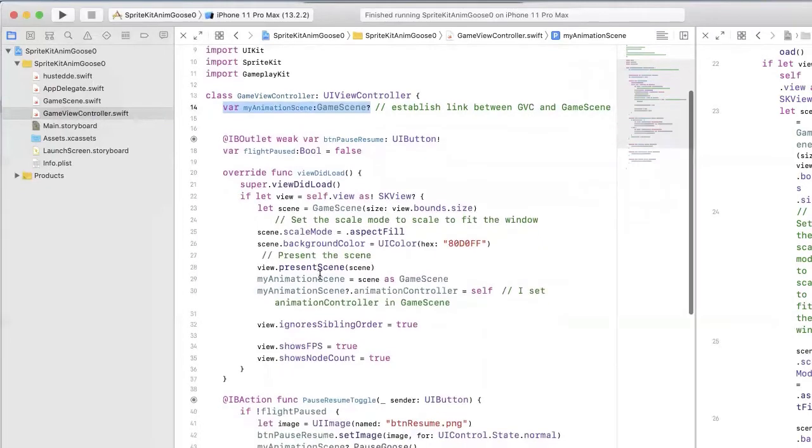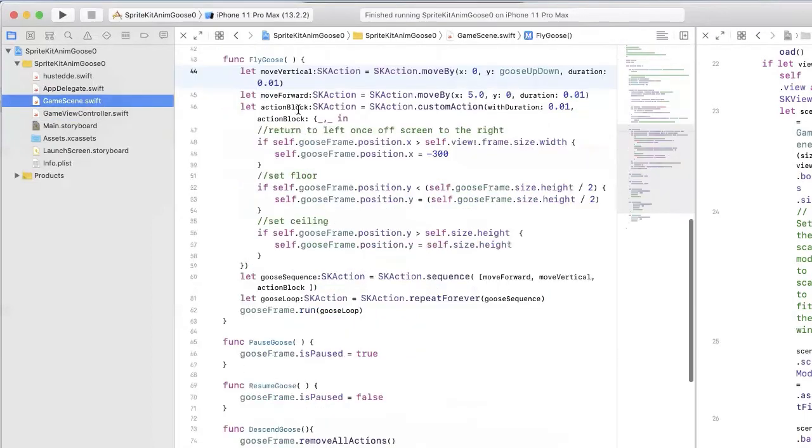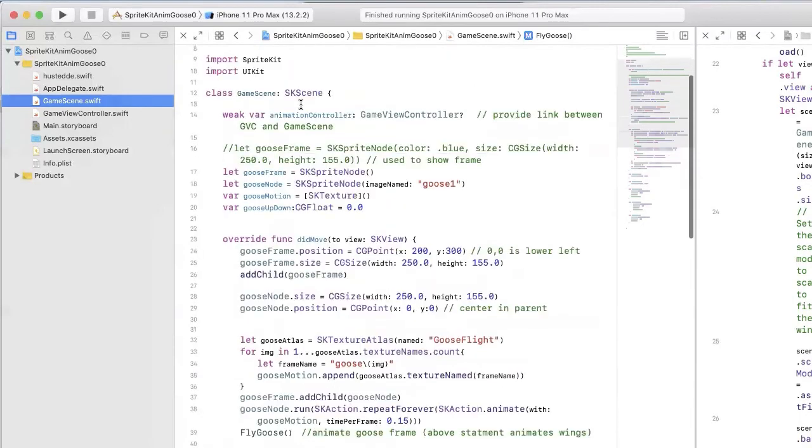And then I created that actual linkage in the view did load here. My animation scene equals scene as game scene, and then the animation controller equals self. Okay, so that will provide the one-way link from here to the game scene. But in the game scene, we also need to add